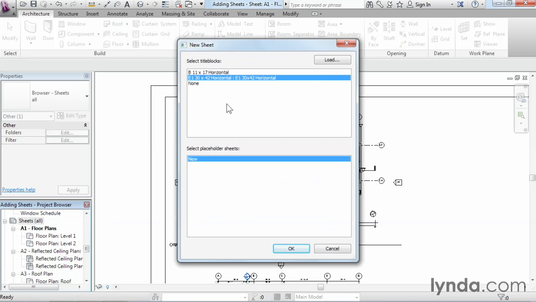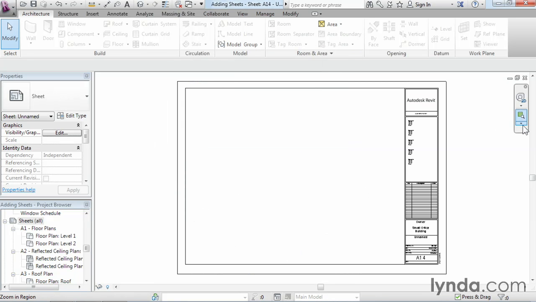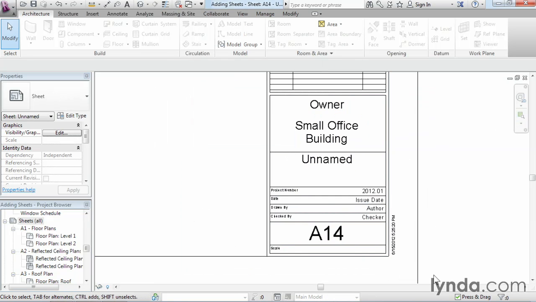I'm going to choose my E1. If the one you want isn't here on the list, you can simply load it right there. I'm going to use the E1 and click OK. If I zoom in on the title block, you're going to see a lot of information is already filled in